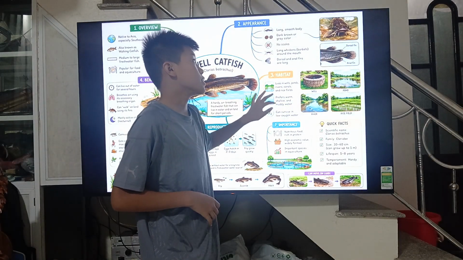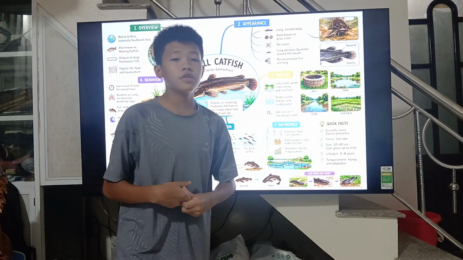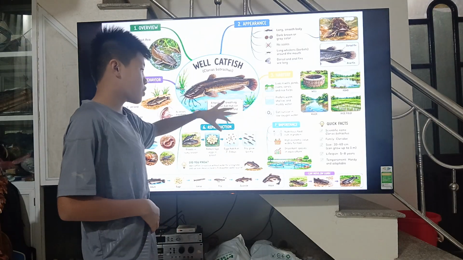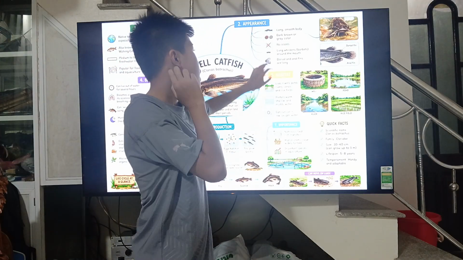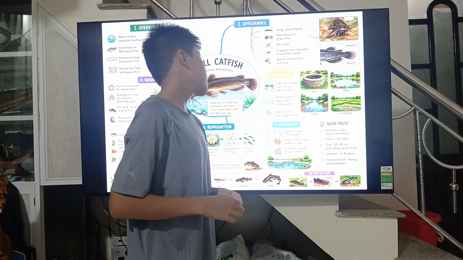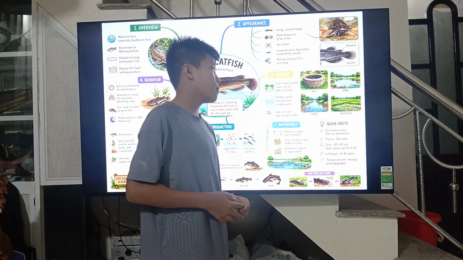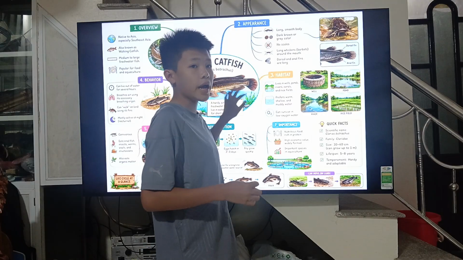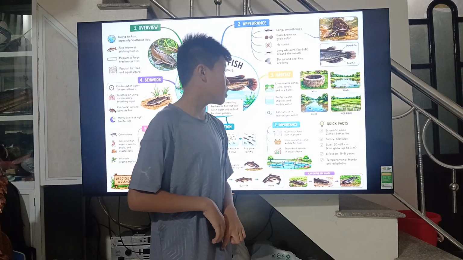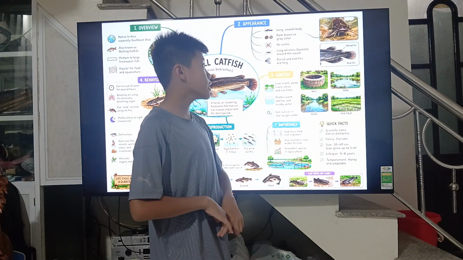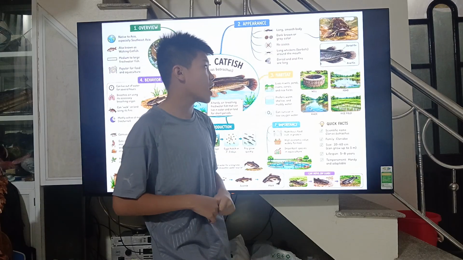So let's go to the appearance of the fish. They have a long and very smooth body. They don't have any scales, they look like this. All of the catfish have smooth bodies. The color of them is not very beautiful, like some fish in your town, like the tiger catfish and red-tailed catfish with tails that look very cool. They don't have anything like that. They only have a dark brown or gray color.